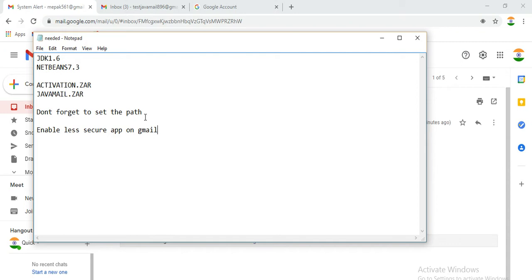When we install the JDK, Java Development Kit, we need to set some path so that our Java program runs properly. I will tell you how to set the path also. And enable less secure app on your Gmail. When we use the Gmail service, we need to enable less secure app on Gmail. I will tell you how to do that.